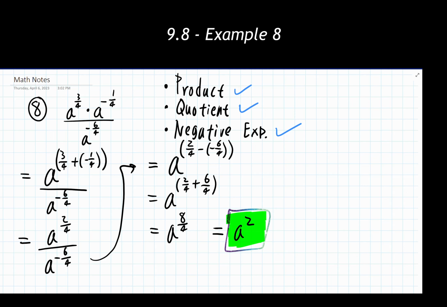So, the big thing to take away from examples 8 and 7 is that you have multiple choices on how you want to start these problems. It's just a matter of which one you want to choose to begin with, and then committing to that and doing these in very small, very controlled parts along the way. I think that tends to make these a little bit easier.